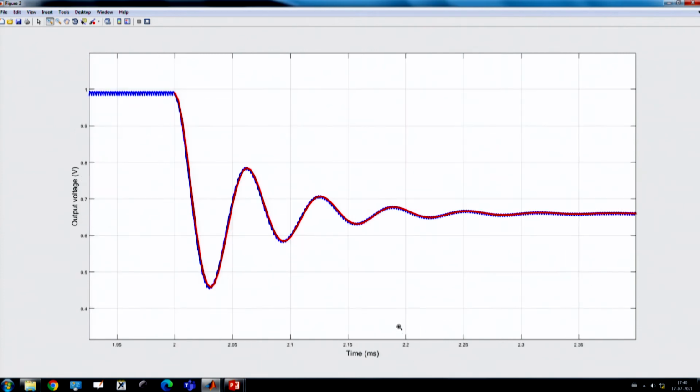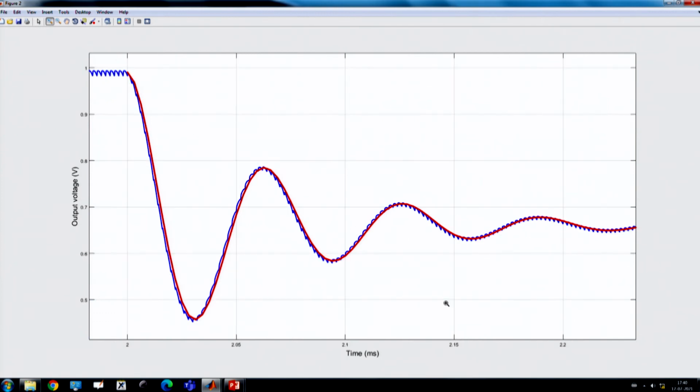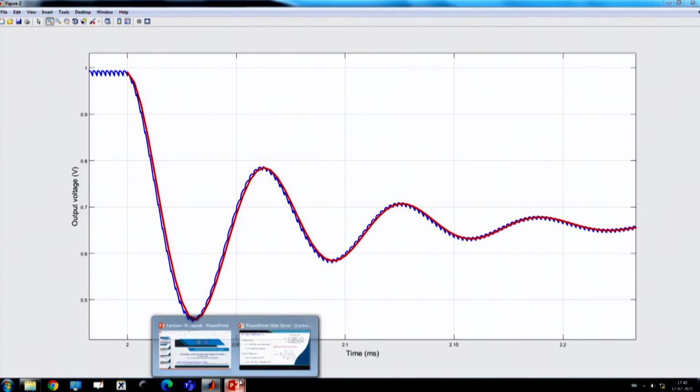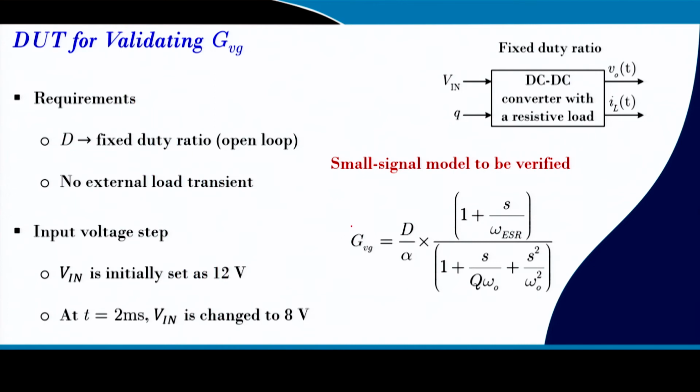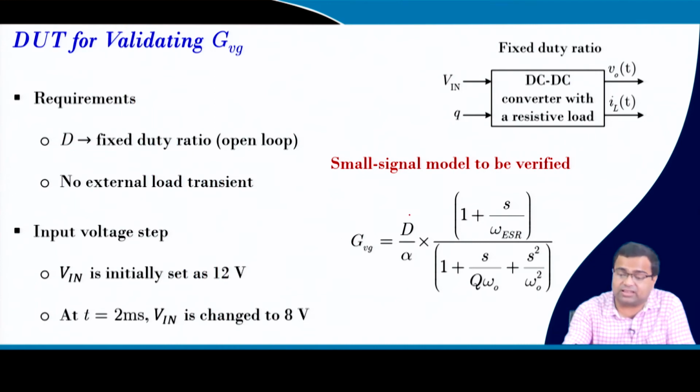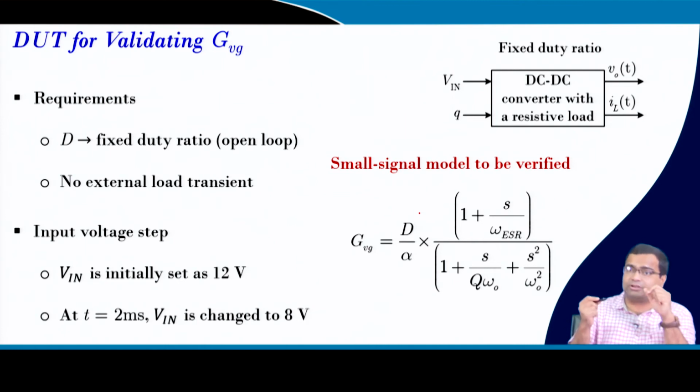There is a small deviation, because in the audio susceptibility expression there is a duty ratio D. So, we have to update the duty ratio in order to match this. That is why a slight shift is happening. Here we have changed the input voltage, but we have kept the duty ratio constant.